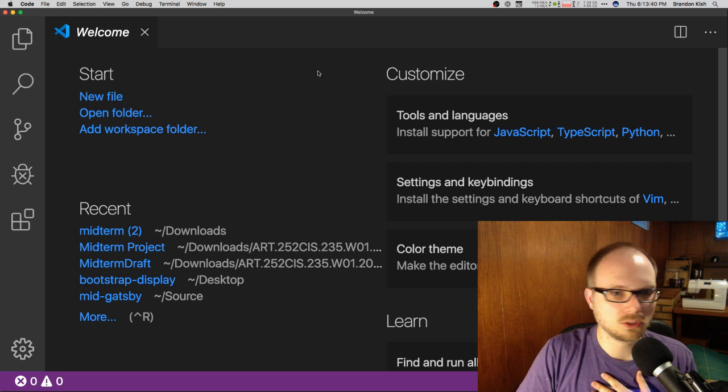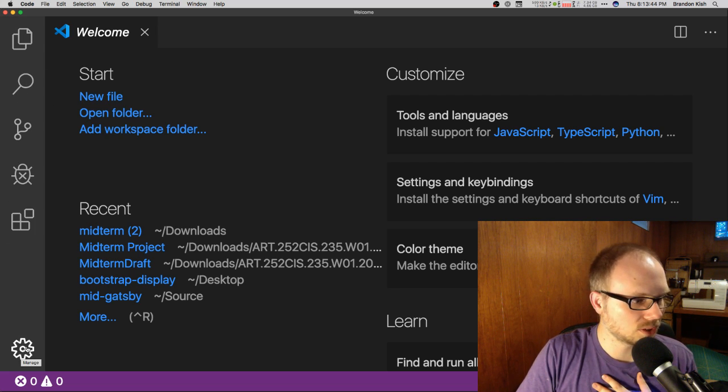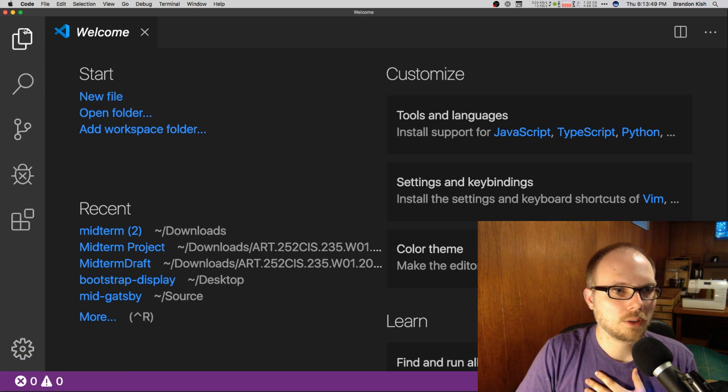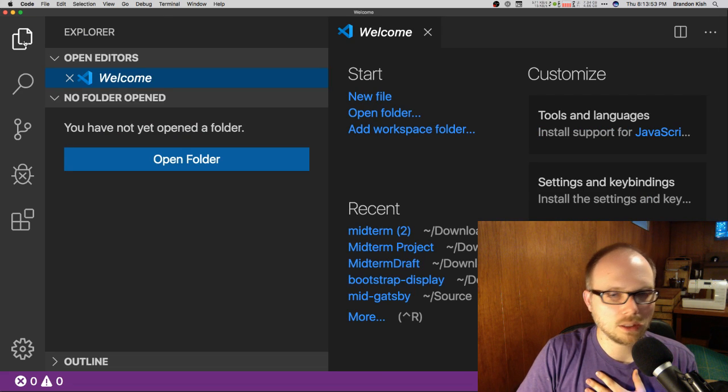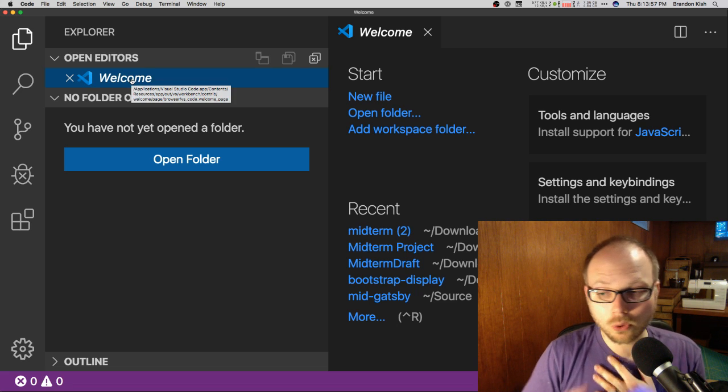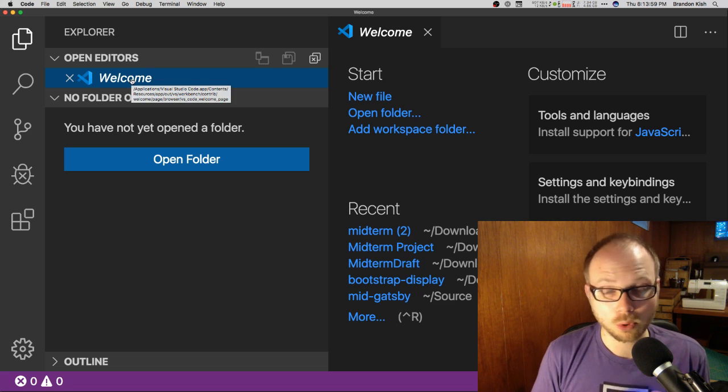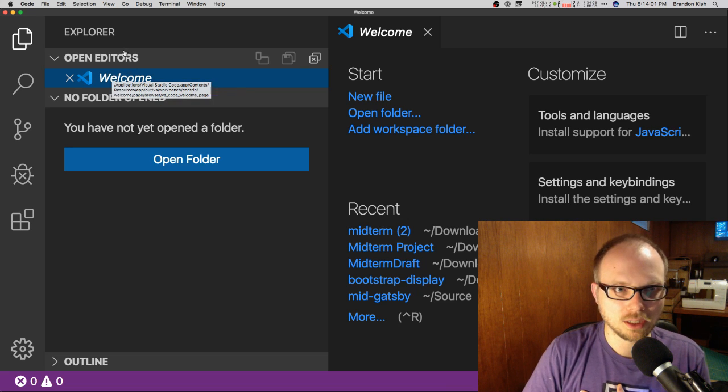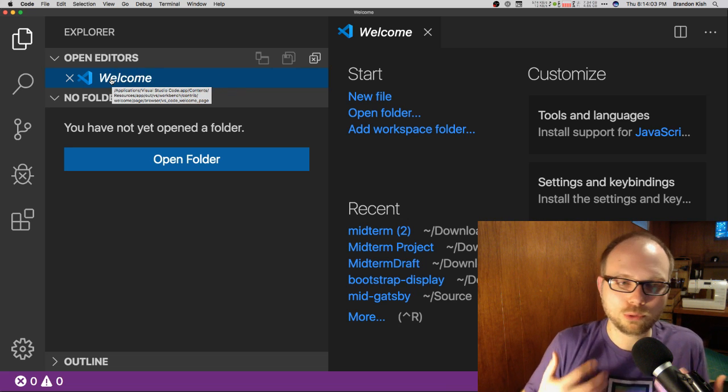So let's get started with the interface. Along the left are some major sections. There's a big settings icon if you want to customize Visual Studio Code. The first couple buttons are going to be used the most. There's the File Explorer, which is going to open up a list of all the files that you have open right now. If you're working on a website and you have more than one file, you're going to see them listed here if you open up the whole folder for you to work on.